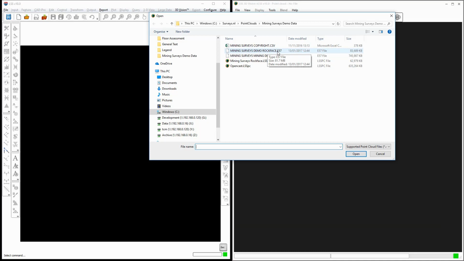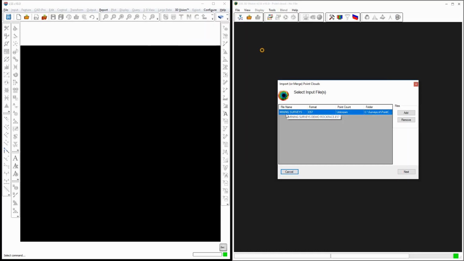Each of these files should at least contain an intensity, and if not intensity then RGB, and a lot of the files will contain RGB and intensity. It depends where the data comes from. I'm going to present this E57 to the importer. It listed it as an E57 file, which is good. If it hadn't recognized it as E57, then there's likely to be a problem importing it. We select Next,